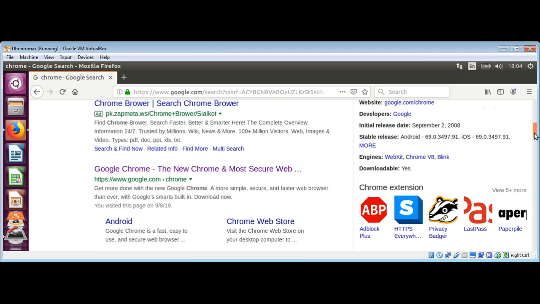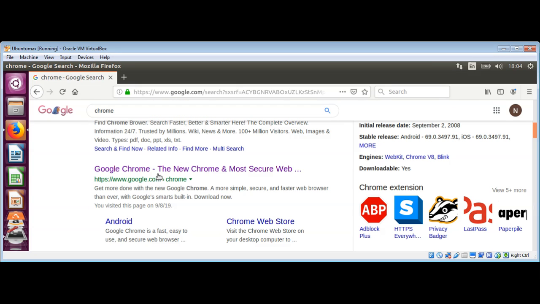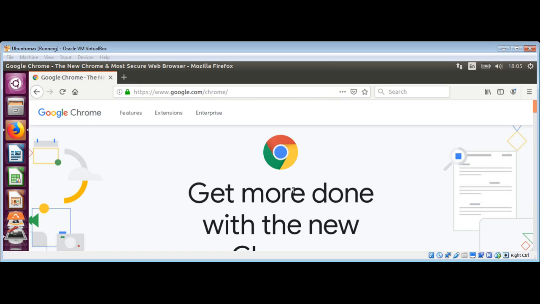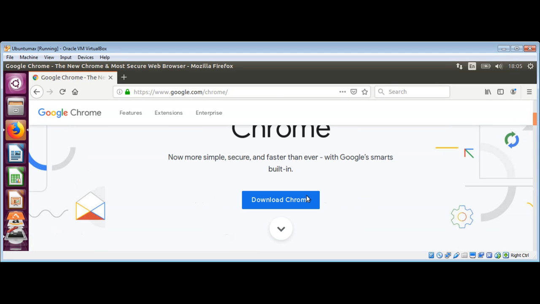We need to go to Google site. It's google.com/chrome. Just click over there, and you need to be on this site, google.com, and the Chrome folder and directory. And over here, if you scroll down a little bit, you see a download Chrome button. Click over there,